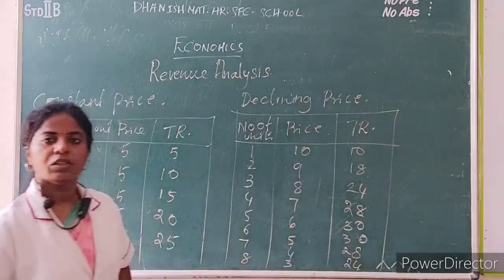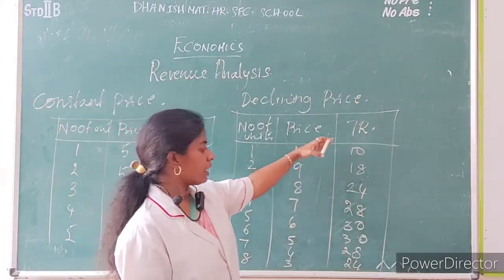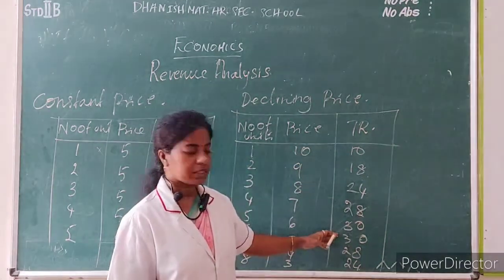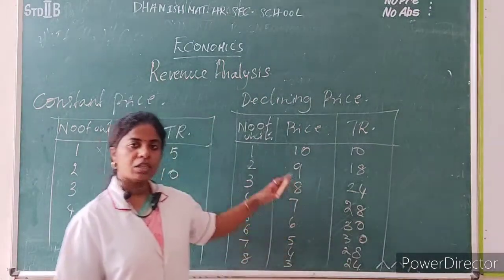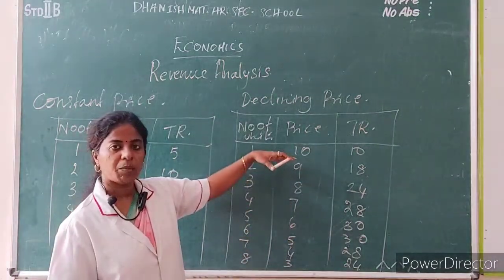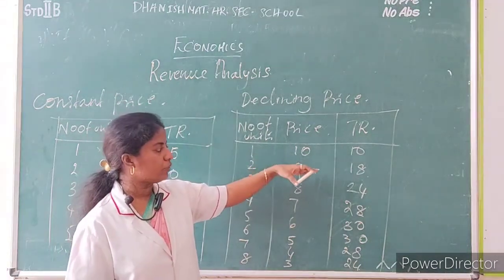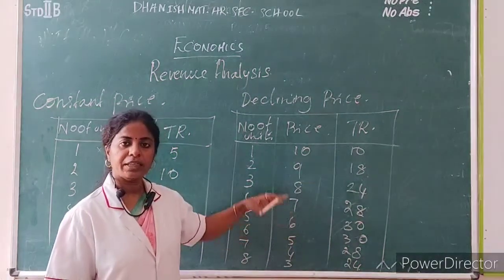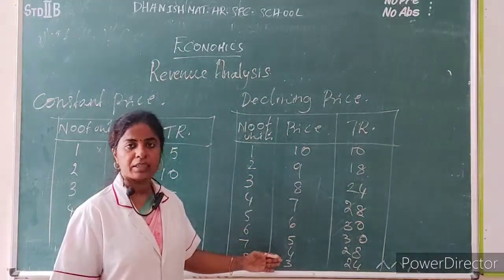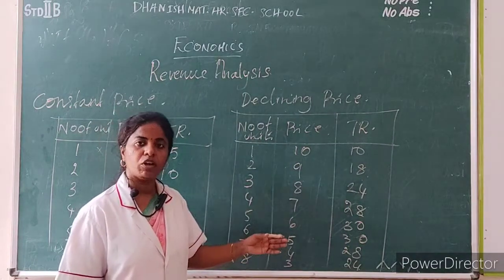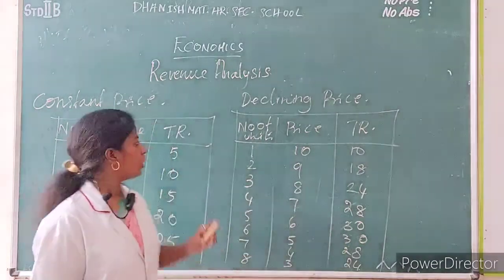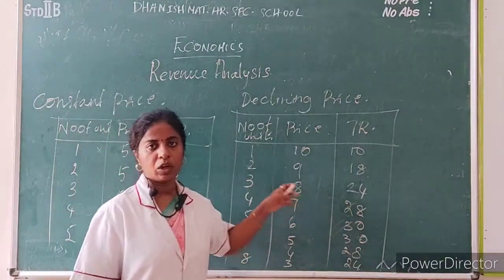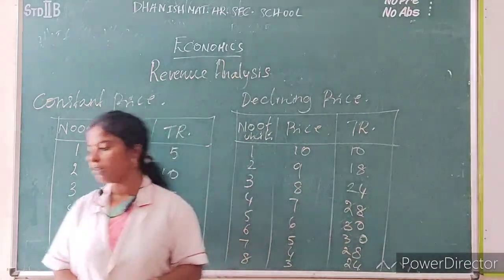So the profit, what happens? The profit started to increase, then it becomes constant under declining price, then it started to decline, because at the beginning stages the price is too high, so the profit we receive also comes to a normal manner. Then it comes to a constant. Then if the price keeps on decreasing, the revenue, that is the profit, will also start to decline. So for this you will have one diagram, and for this also you will have a diagram. Okay, so you have to plot the diagram. So see the first one.